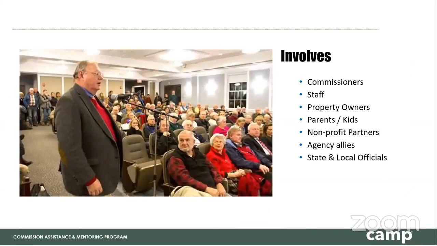That would be commissioners, both historic preservation commissioners as well as elected commissioners, and local staff, and not just the historic preservation staff, but your planning staff. And I would highly encourage you to get your building officials involved so they understand what the goal is as well. We have parents and kids up there as kind of fun